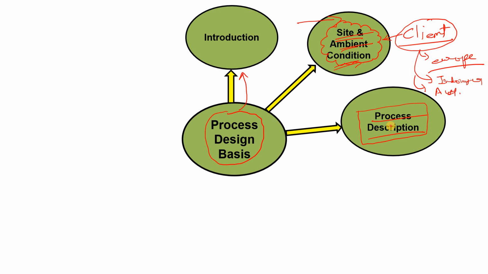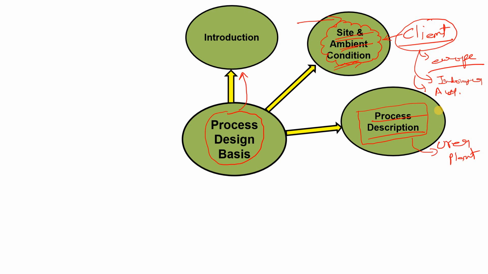Let's suppose you are doing one BDEP for a urea plant. You will give the process description, like how this urea will be manufactured, how the raw material becomes urea. What are the raw materials for urea? That is carbon dioxide and liquid ammonia. So how will you describe that? First of all, you will describe that this urea plant is based on XYZ technology. That could be Toyo, that could be Saipem Snamprogetti.